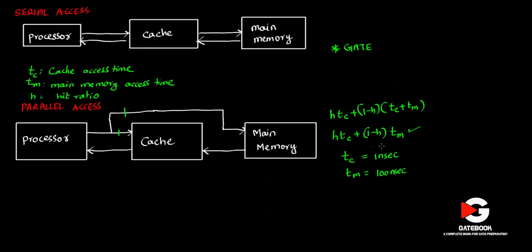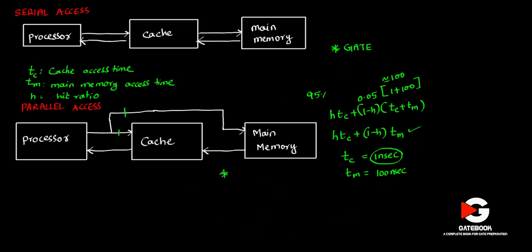If you see this, practically this 1 nanosecond is almost negligible, right? And especially the hit ratio usually will be around 95%, let's say. That means with 0.05 probability we are going to the main memory. In that also, 1 plus 100 is approximately equal to 100, that is 101. So there is no significant achievement. But what is the trade-off here? You are getting a slight advantage.